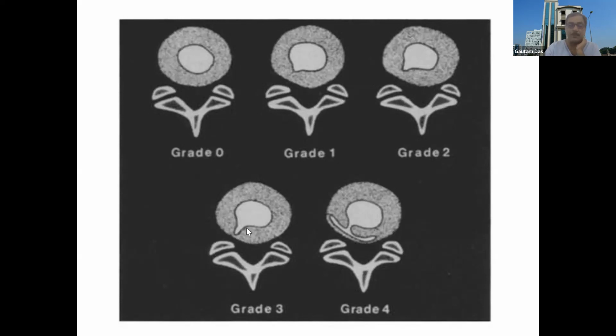If it is coming up to the outer 1/3, but there is no circumferential spread, then it is called grade 3. If it comes up to the outer 1/3, but along with that there is a circumferential spread which is more